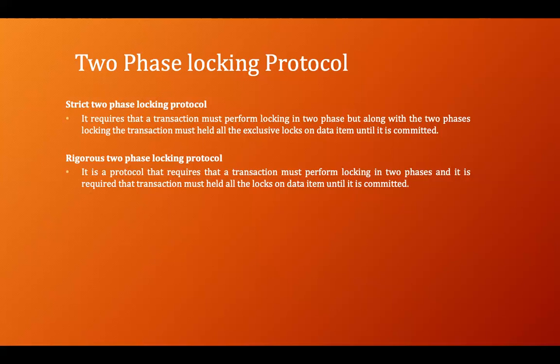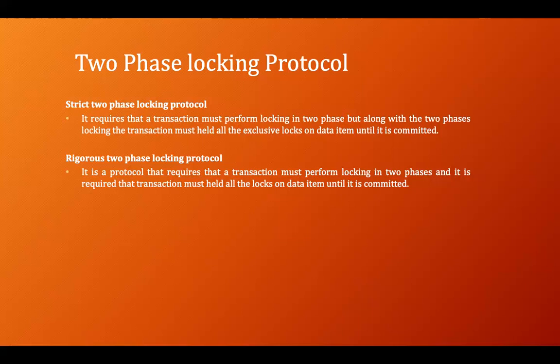in each transaction. If a transaction comes into the system, first it will request for the lock, all the lock what it is required, and after using it, it will unlock. Once it will unlock any of the data, after that it cannot request any other lock. So we have the growing phase, in which a transaction will acquire all the locks, and in the shrinking phase, all the unlock procedure will take place.